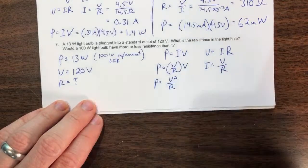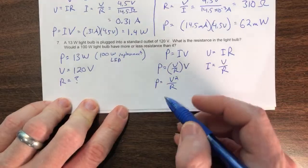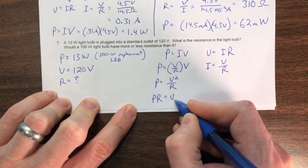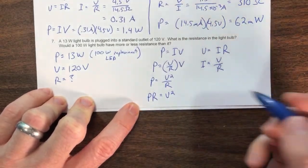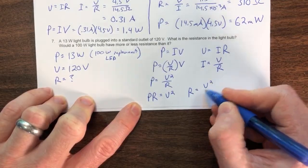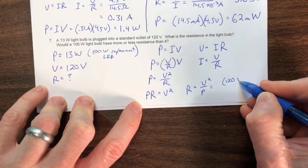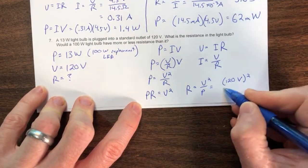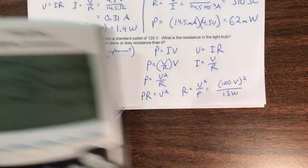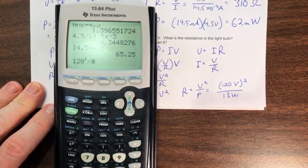Because we want to solve for the resistance, I can just flip P and R. I'll do that stepwise. Multiply both sides by R, which gets me PR equals V squared, then divide both sides by P, which gets me R equals V squared over P, which is 120 volts squared over 13 watts. Running out of space there. 120 squared divided by 13